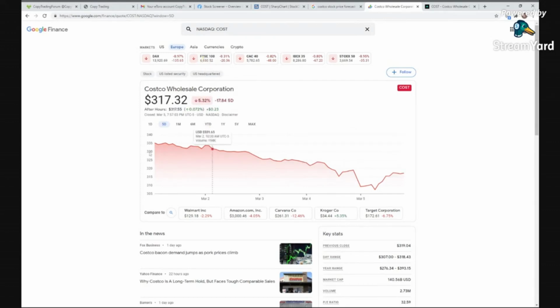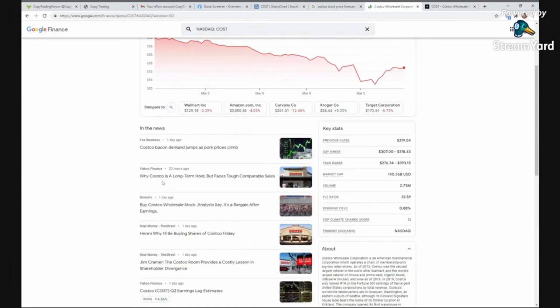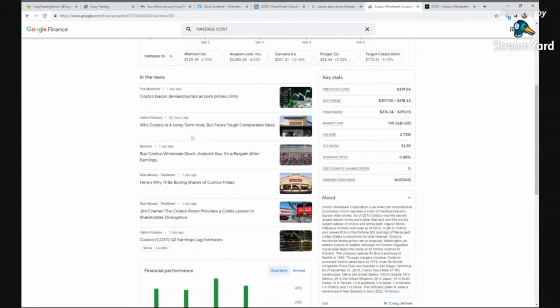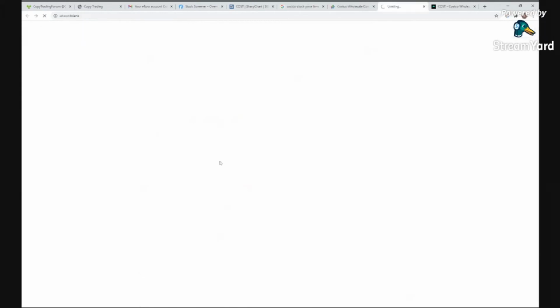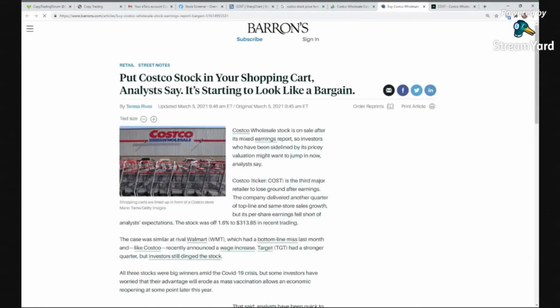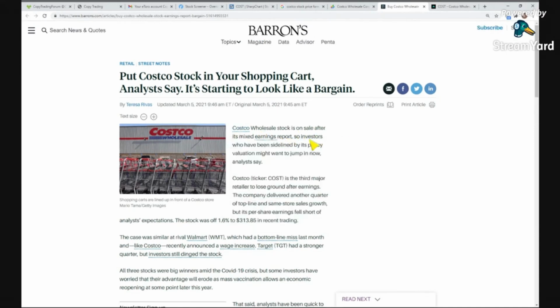Let's just, for an example here, I'm just going to look here in the news, check all the latest news. Okay, you can see here, good news here, even by the headlines. Why Costco is a long-term hold, and Costco bacon demand jumps as pork price climbs. So good news there. Buy Costco Wholesale stock, analysts say it's a bargain after earnings. This is all great news. So good news is a catalyst that will also make the stock price go up in value. When people see good news, they go online and they start to invest. Okay, so it says here Costco stock is on sale after mixed earning reports. So investors,